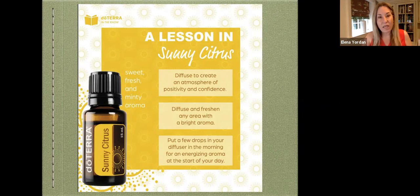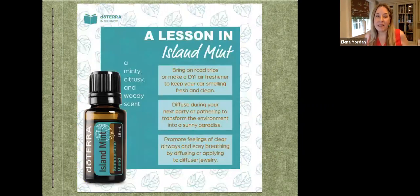The second one on the hit parade is Island Mint. You can bring it on road trips, keeping your